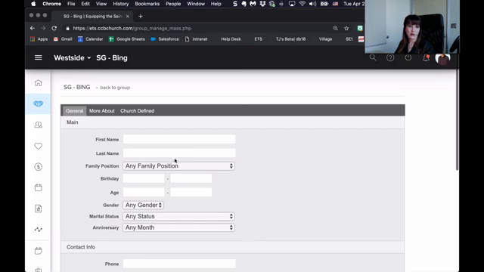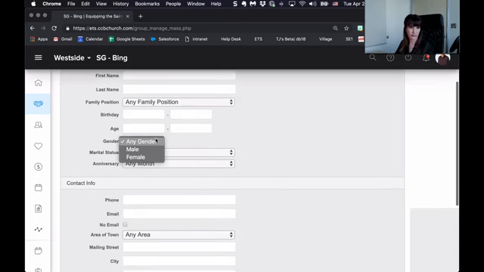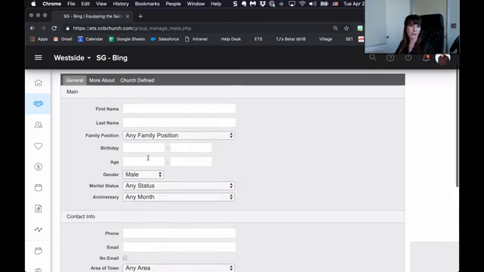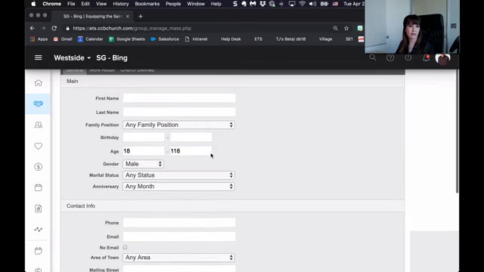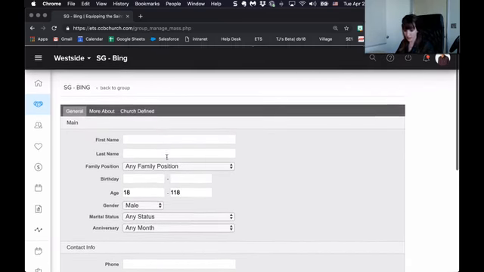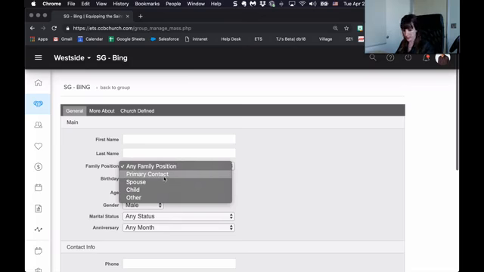The next tab over is people by search, and I'm going to again say invite. And here I'm going to have a few options that allow me to invite people en masse. So essentially I can go here, and maybe this is a men's group. I could go ahead and say invite all the men that are 18 to 118. And